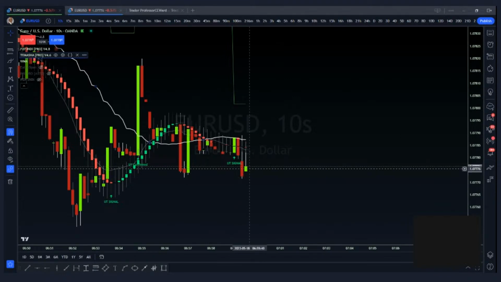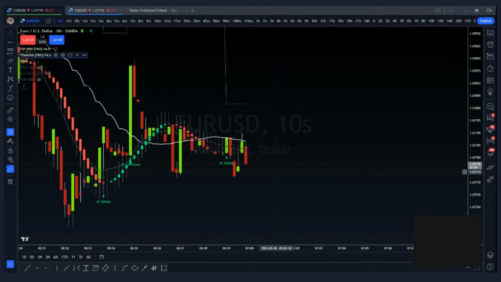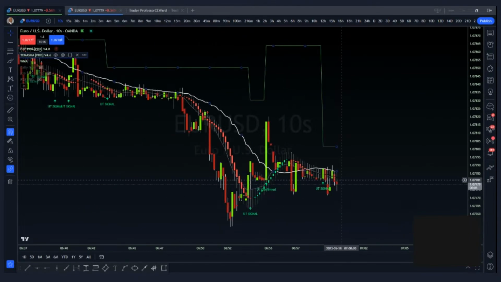That's a sign of some bullish momentum. So it's still sideways. We're getting higher lows, but it's not official yet. So the only way it's official